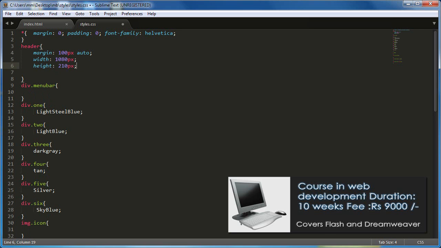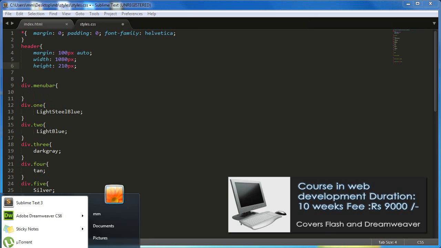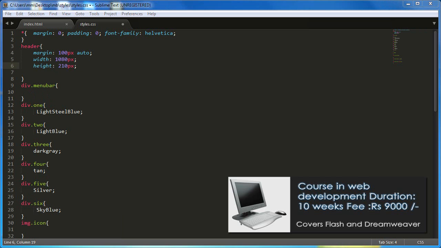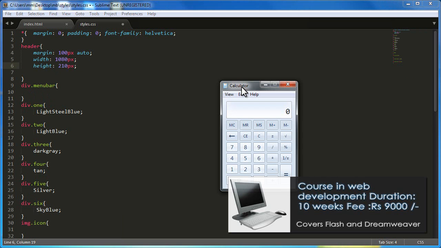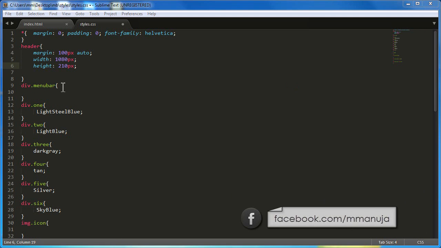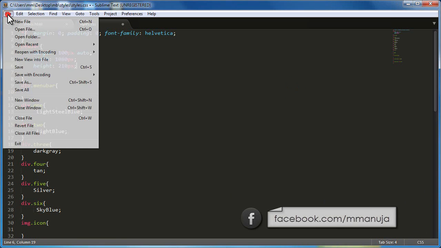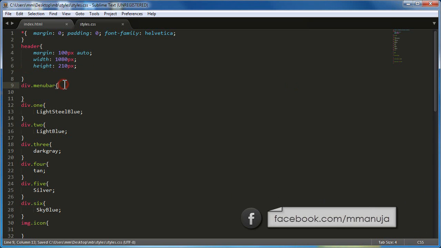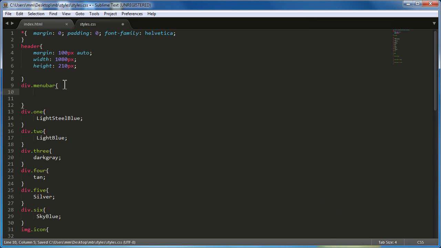Let me just cross check. Is 180 into 6 the same as 1080? Correct. Okay, let's say file and a save,